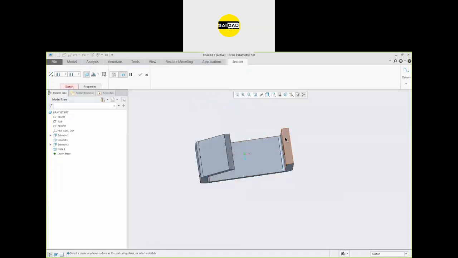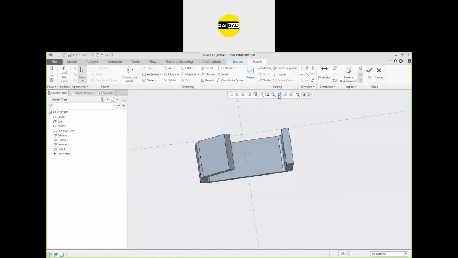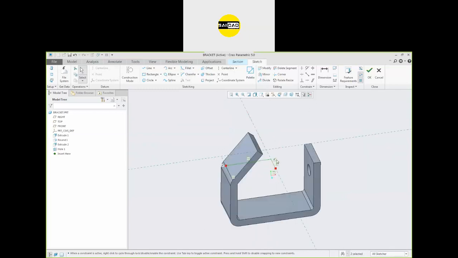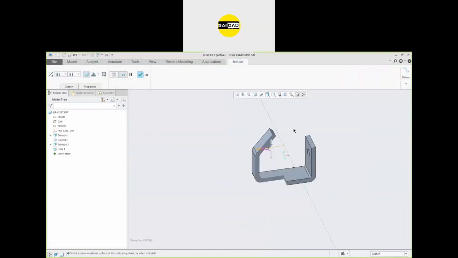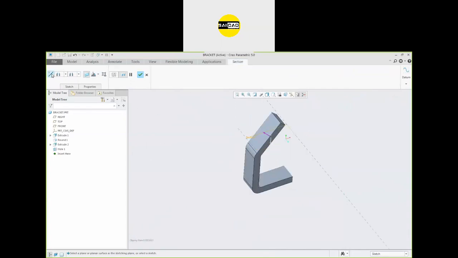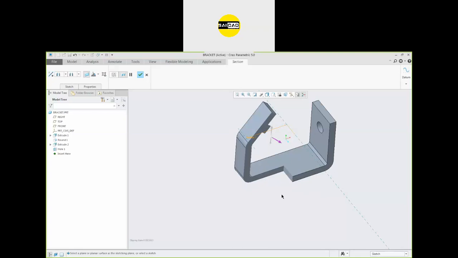So to do that, like I want to create a section here, so you have to create a sketch. I want to create a section that is somewhere like this one, and from center that is this one. Okay, so I want to create a section like this one. Click OK. Now you can see the section is half from here and half from here. So this is the manual section that you can create. You can flip the direction like that, but I need this one.